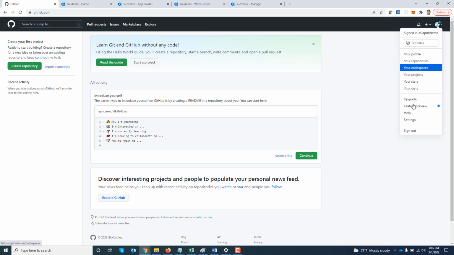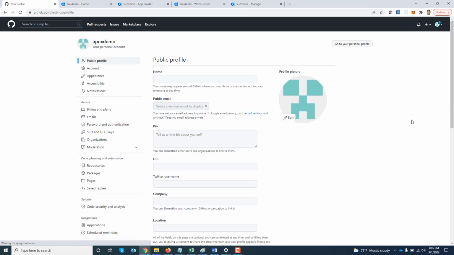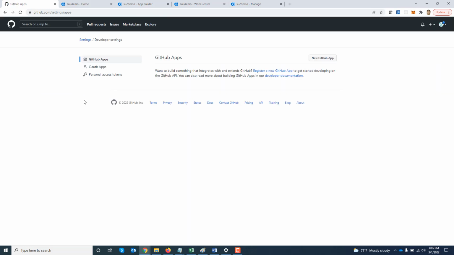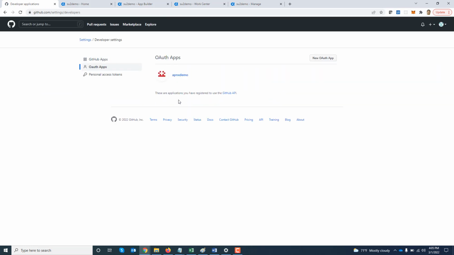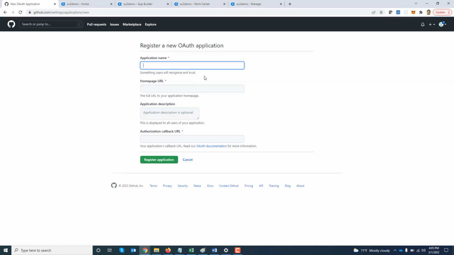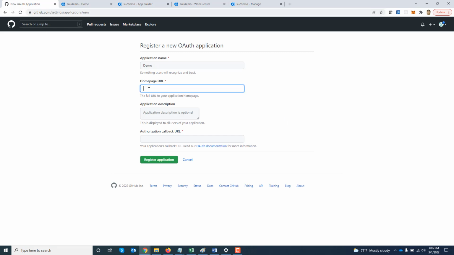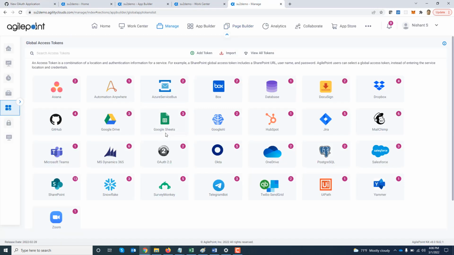Under my profile, if I go to settings, if I scroll down, developer settings, OAuth apps, over here, you can create a new OAuth app, give it a name, a homepage URL. You can just use GitHub's own homepage URL for this, and then a callback URL. So if you go over here,